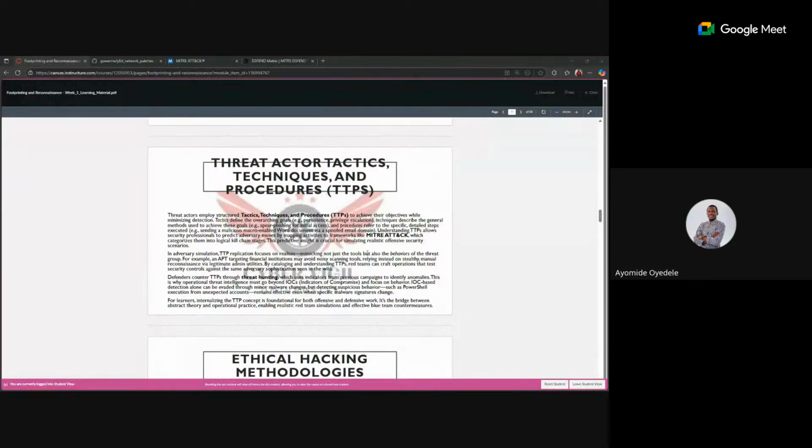So that's that about that, right? Now, remember we've spoken about this term earlier. That's the tactics, techniques, and procedures. We call them for short TTPs, right? Now, these are just